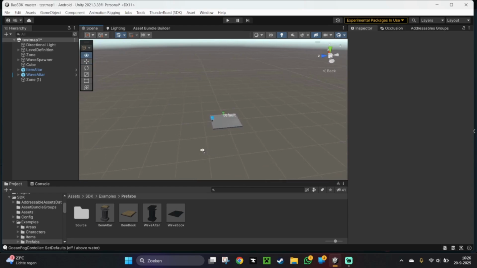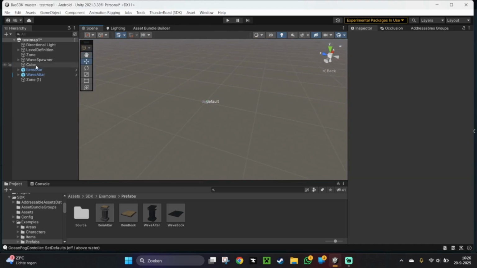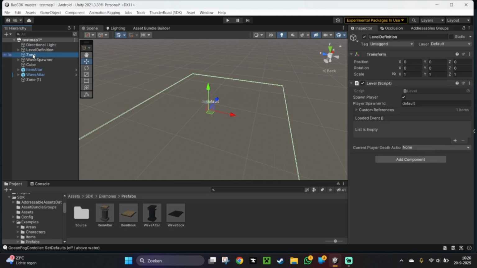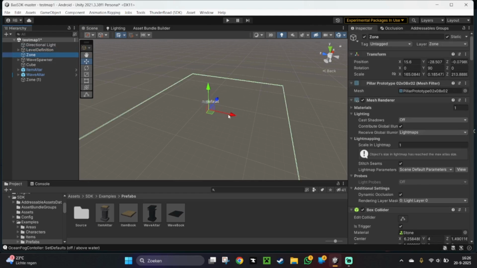Like this. Now, make sure the zone is like 10 times bigger than your